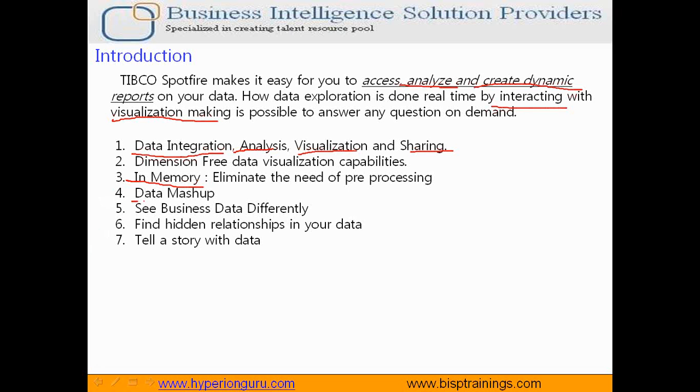Another great capability of Tibco I'd like to highlight is called data mashup. Data exists in your disparate systems, so you may like to integrate your personalized Excel sheet, your personal analysis, with your enterprise warehouse data. Without bringing the personalized Excel sheet into the enterprise data warehouse, you can merge these two data sources and give one uniform view to the customer. So it adds great value. You do not need to add an additional ETL, or extract, transform